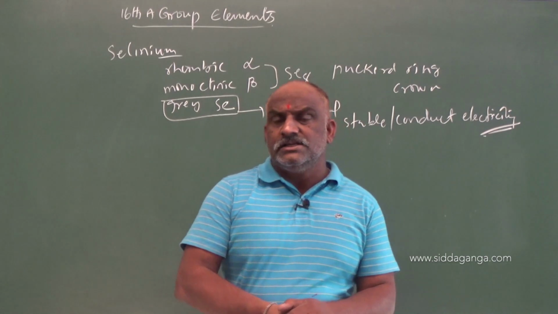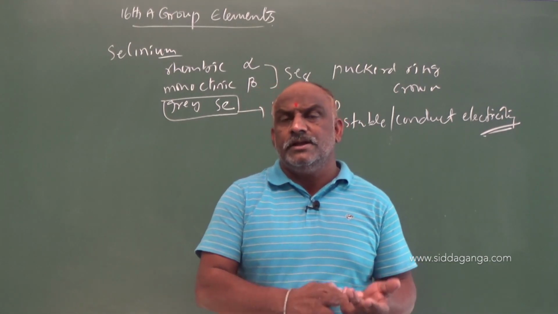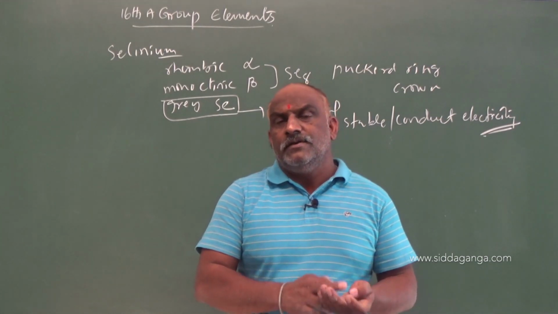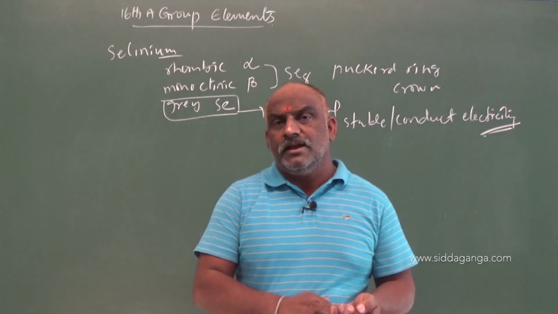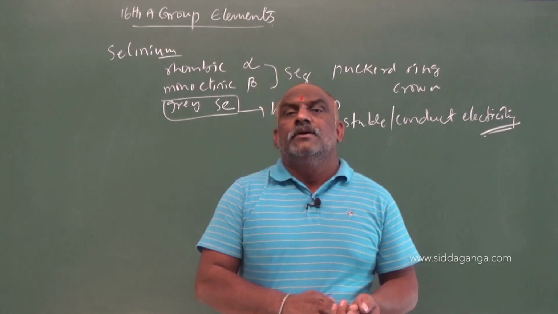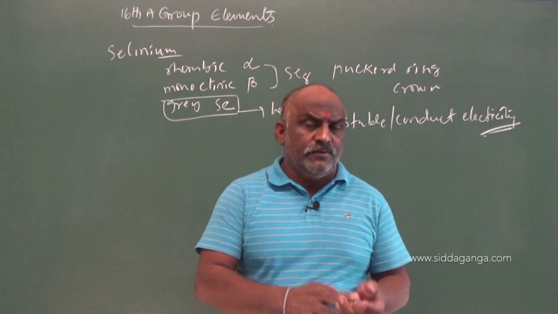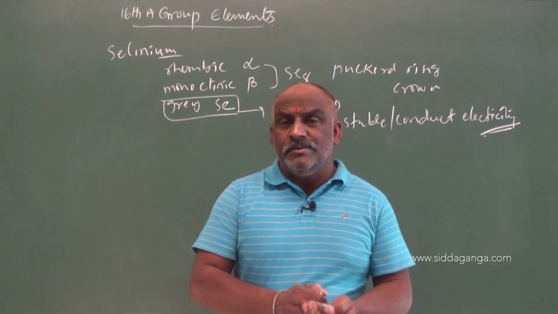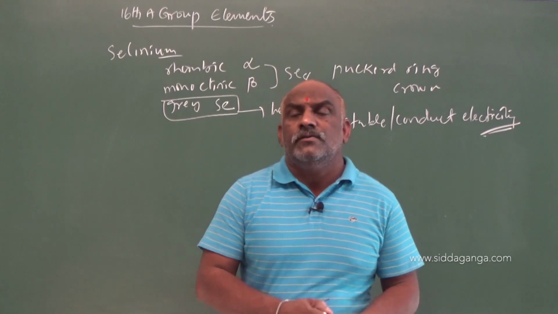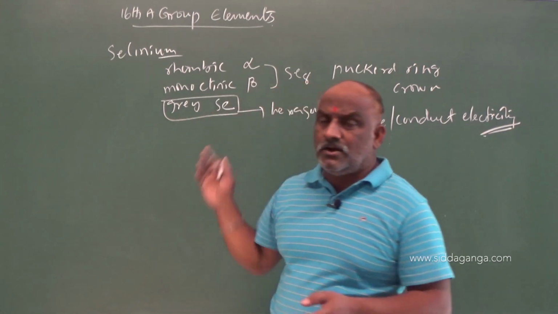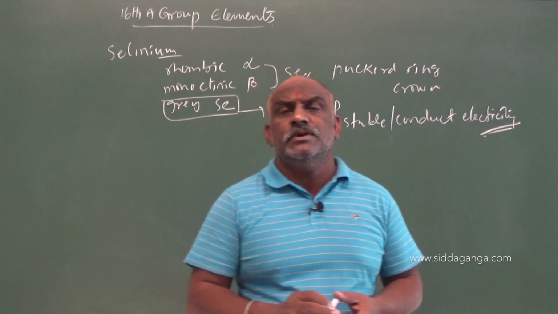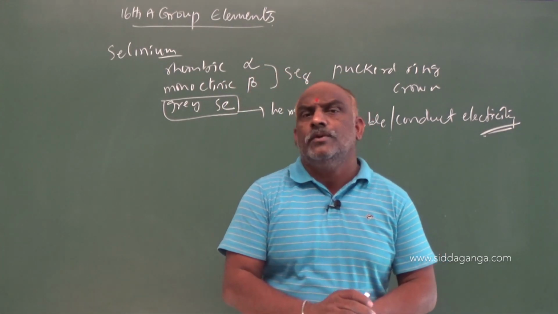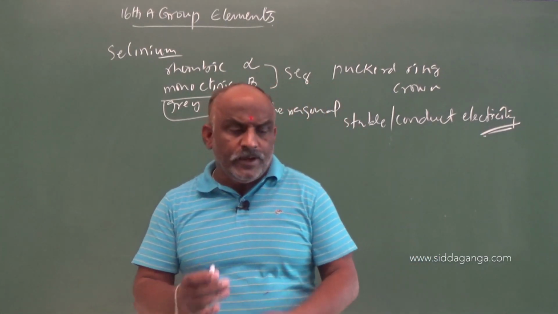What we discussed in last class: general properties, atomic radius, ionic radius, melting point, boiling point, electron gain enthalpy, electron affinity, electropositivity, metallic character, non-metallic character. The discussion regarding 16th A group elements included oxidation states and atomicity. After atomicity and oxidation state, the next one is the allotropic forms. So these all are said to be general physical properties of 16th A group elements. And next, followed by chemical properties.